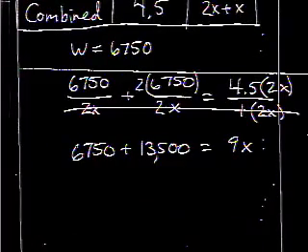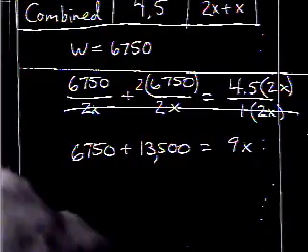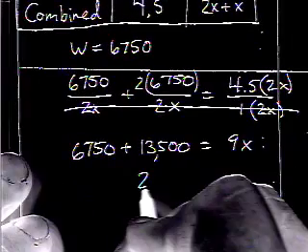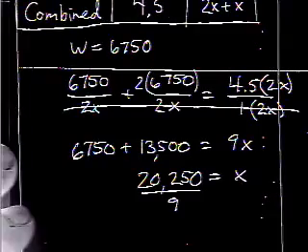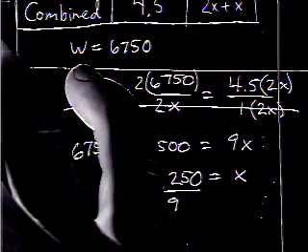Alright, so let's see here. 6,750 plus 13,500 gives me 20,250. Dividing that by 9, I will find out that x is